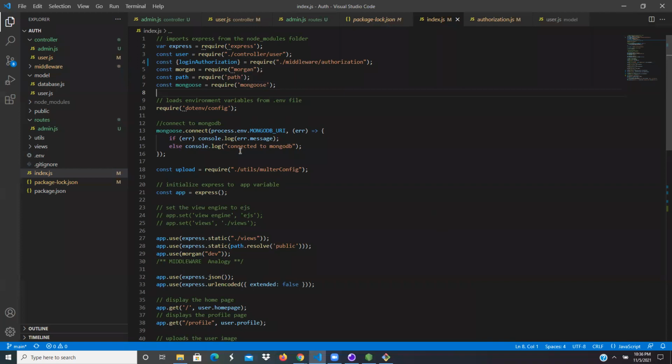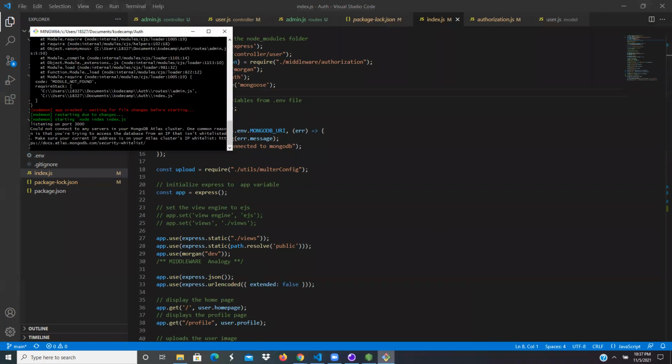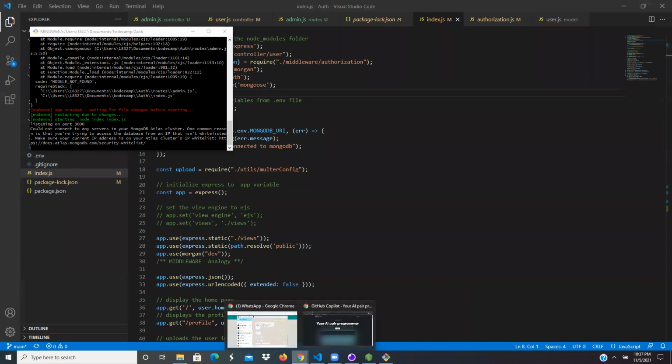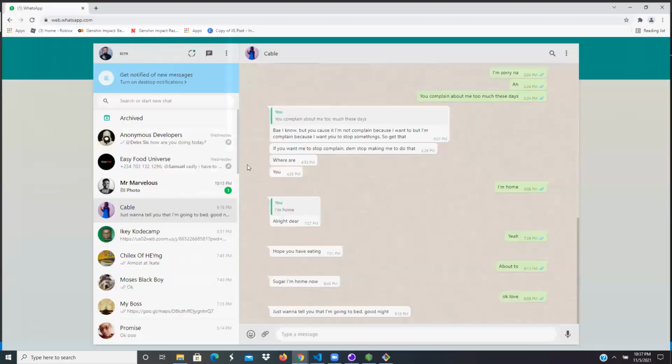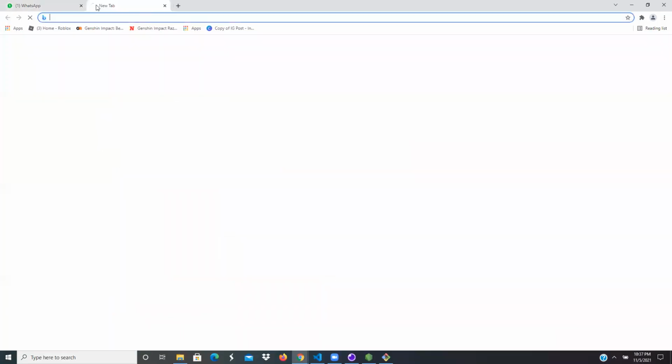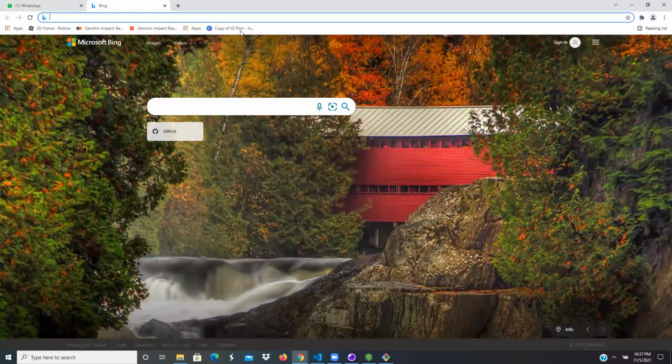Okay, it's supposed to throw an error. There's an error. Okay, could not connect to any server. One common reason is that you're trying to access the database from an IP that isn't whitelisted. Wow. Okay. Now I need to go to my